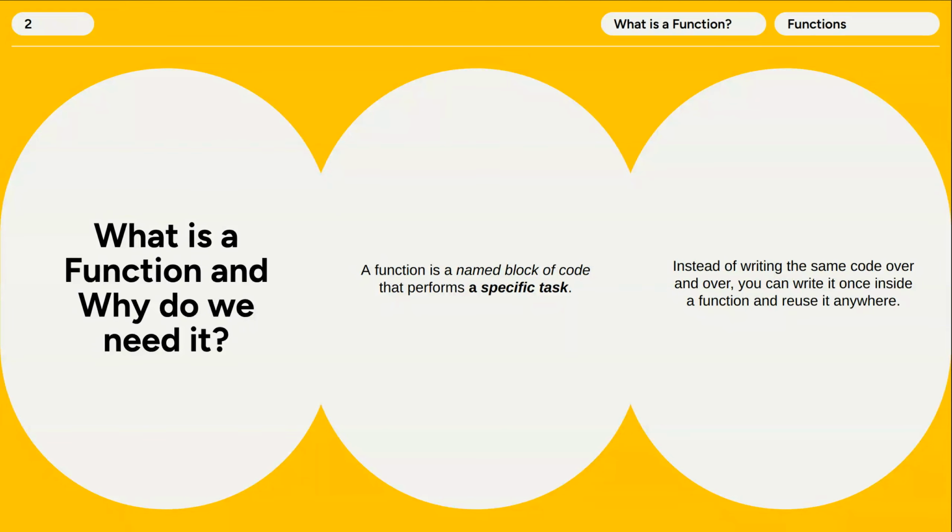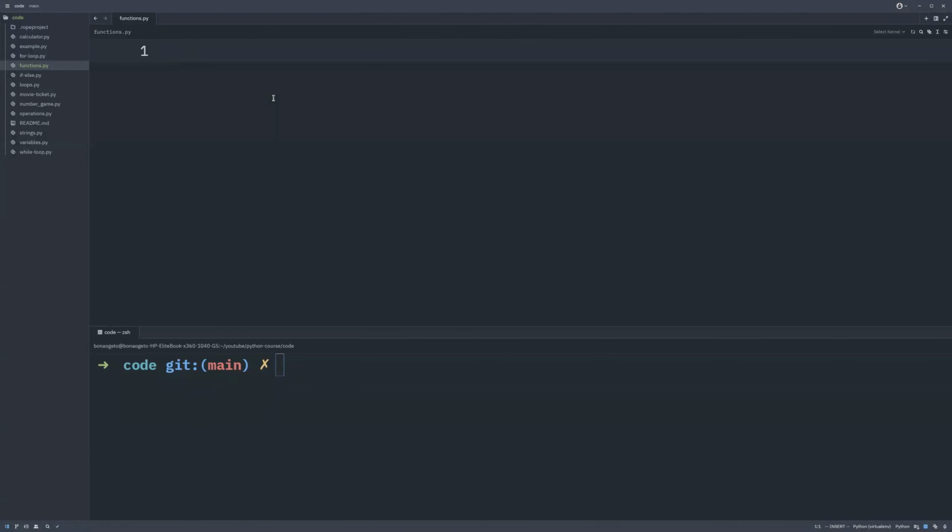Now that we understand what a function is and all that makes sense, let's go ahead and write some code. I've created a file here, I've called it functions.py, and I'd like us to start with the basic syntax of a function. To write a function, you just use def and a space, then you write a function name, right? So you'll have a function name, and you'll have a colon right there,